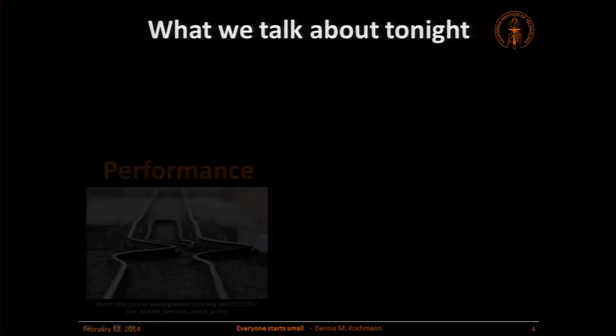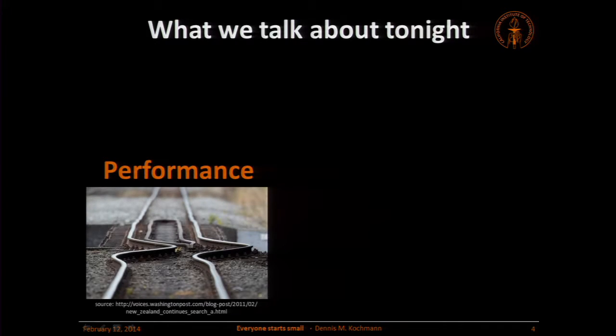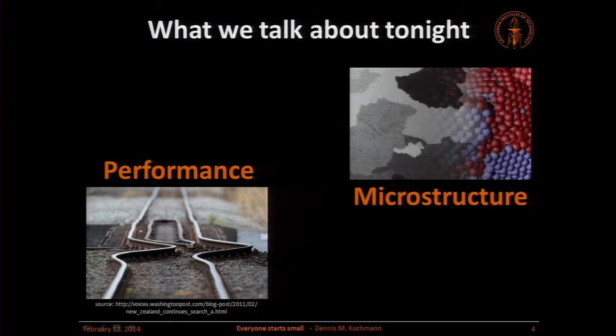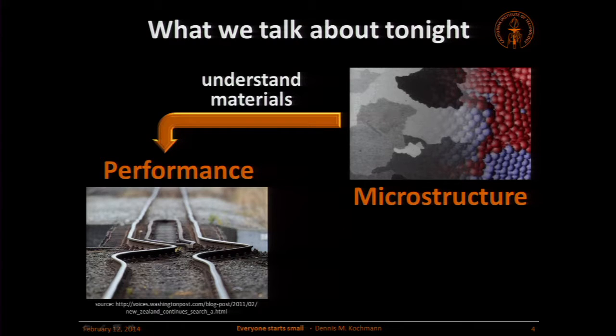So what we're going to talk about tonight is the performance of materials. Why do they behave in certain ways? How do they deform? Why do they fail? In order to understand their behavior, which we can see with the naked eye, we have to zoom in. We have to look at the smaller scales. The coin on the very first slide was, of course, only a cartoon. In reality, we do have these many lower scales that we can look at, that we can use to understand material behavior.